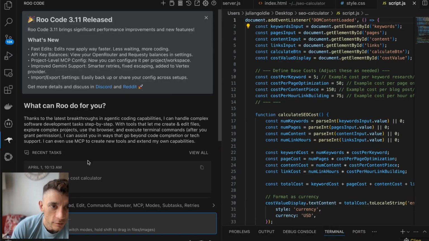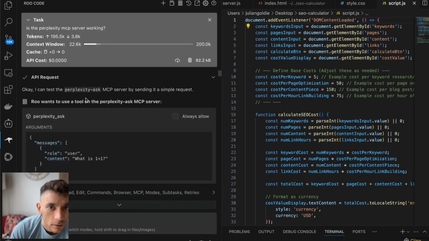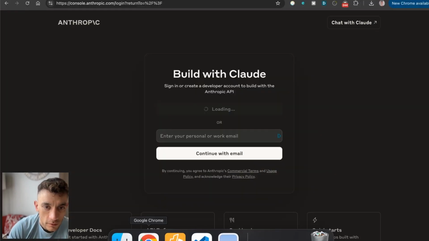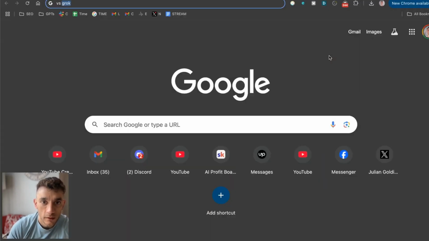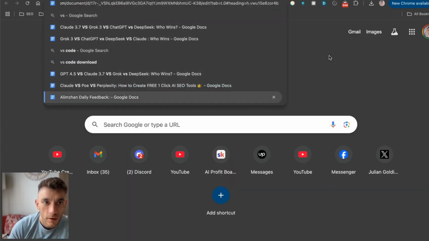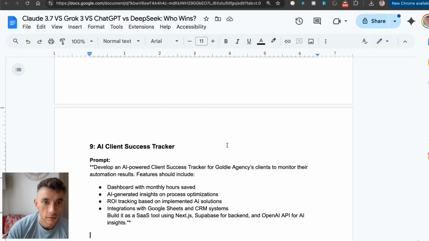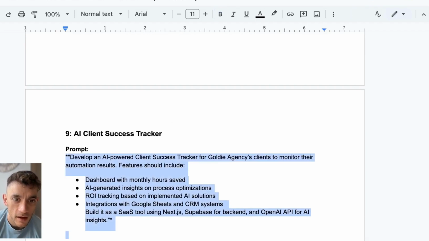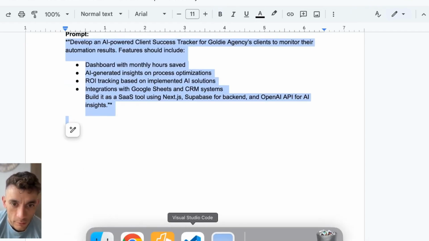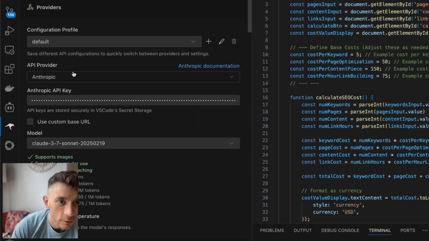So let's do some more tests now and we'll see how much better this is. I want to check something right here. Okay, let's start a new task. What I'm going to do is take some of my previous prompts from other tests. We'll grab some of these and just use it. So I'm going to say, okay, develop an AI-powered client success tracker for Goldie agency's clients to monitor their automation results. Then we're going to go back to Visual Studio Code and select Google Gemini inside